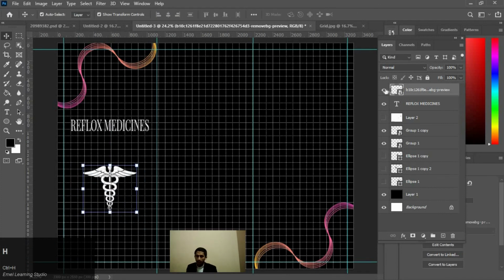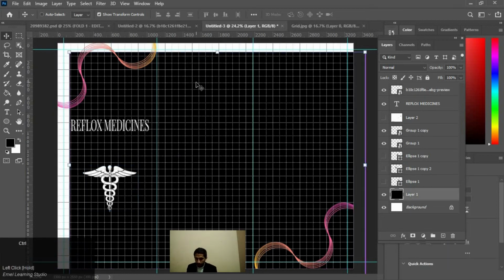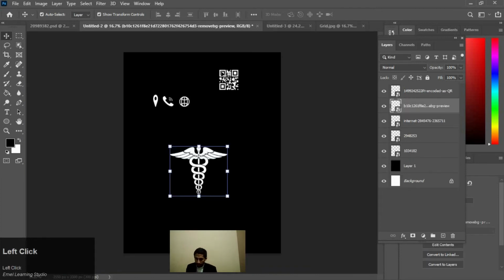Okay, now add in the mid center icons, a call to action button and a scanner. Likewise, take your scanner and place it here.